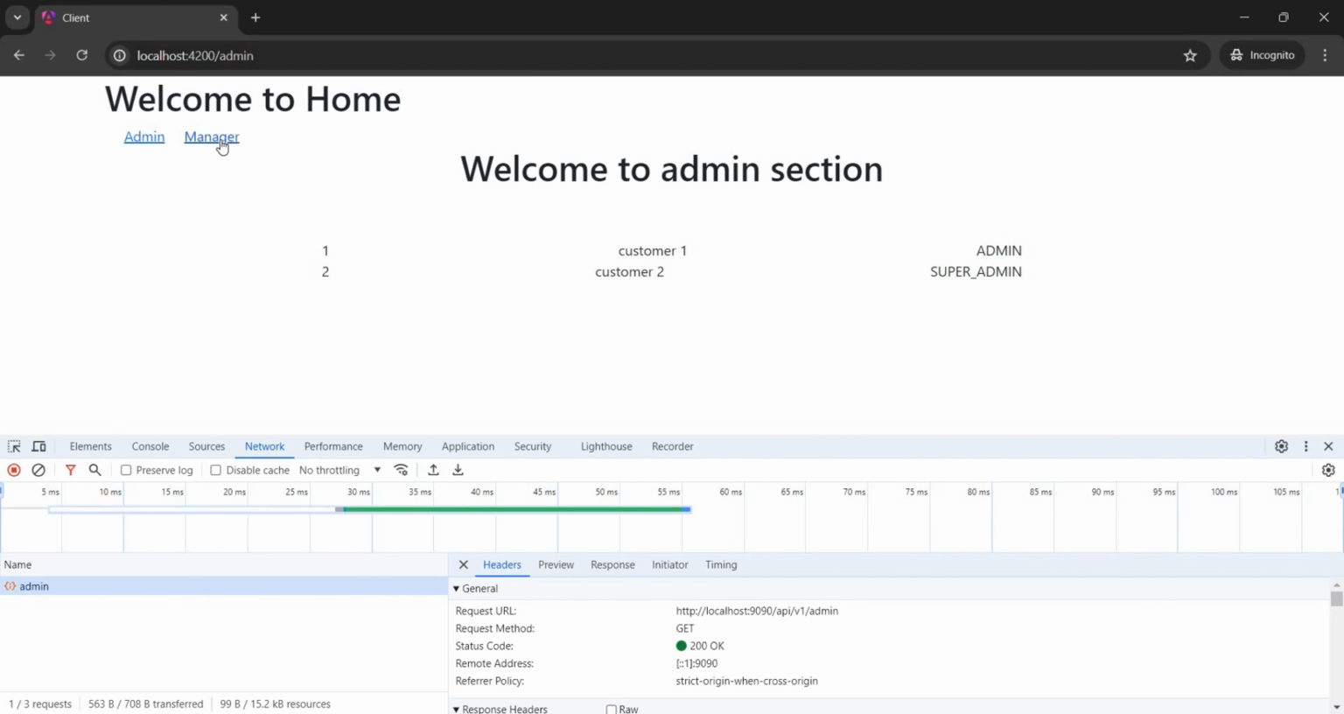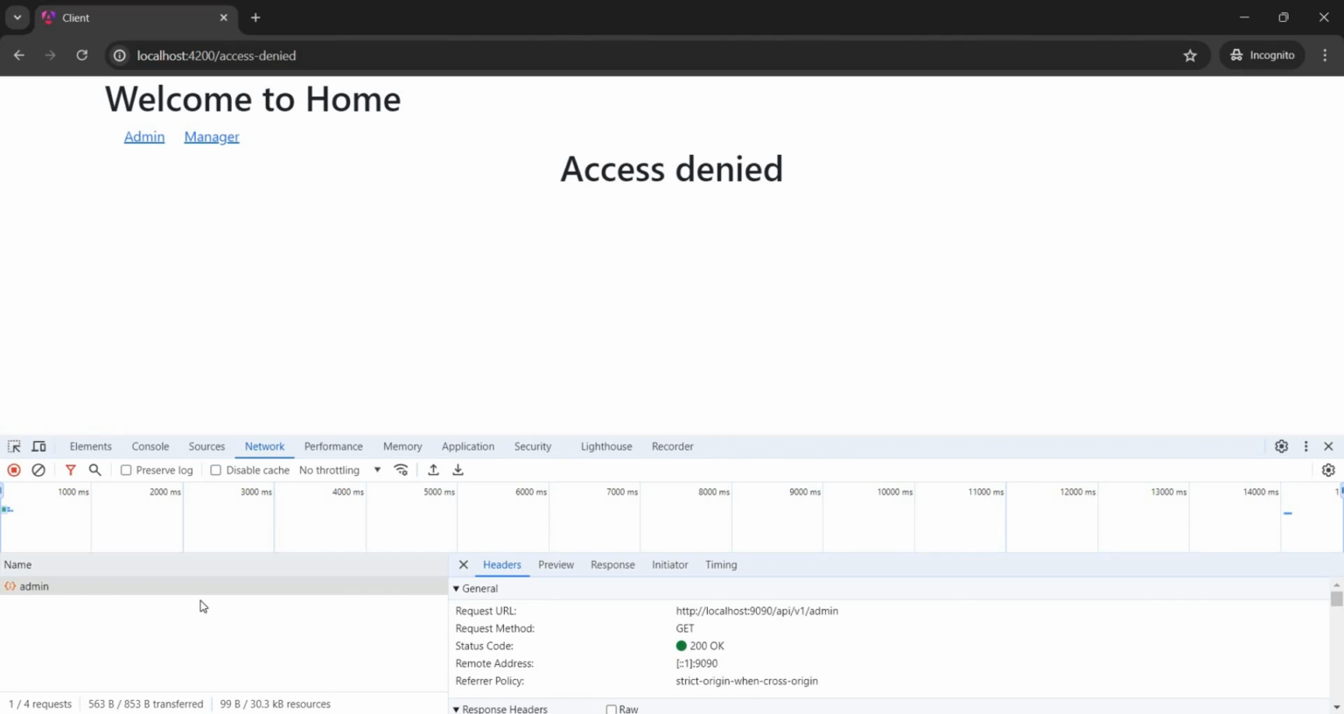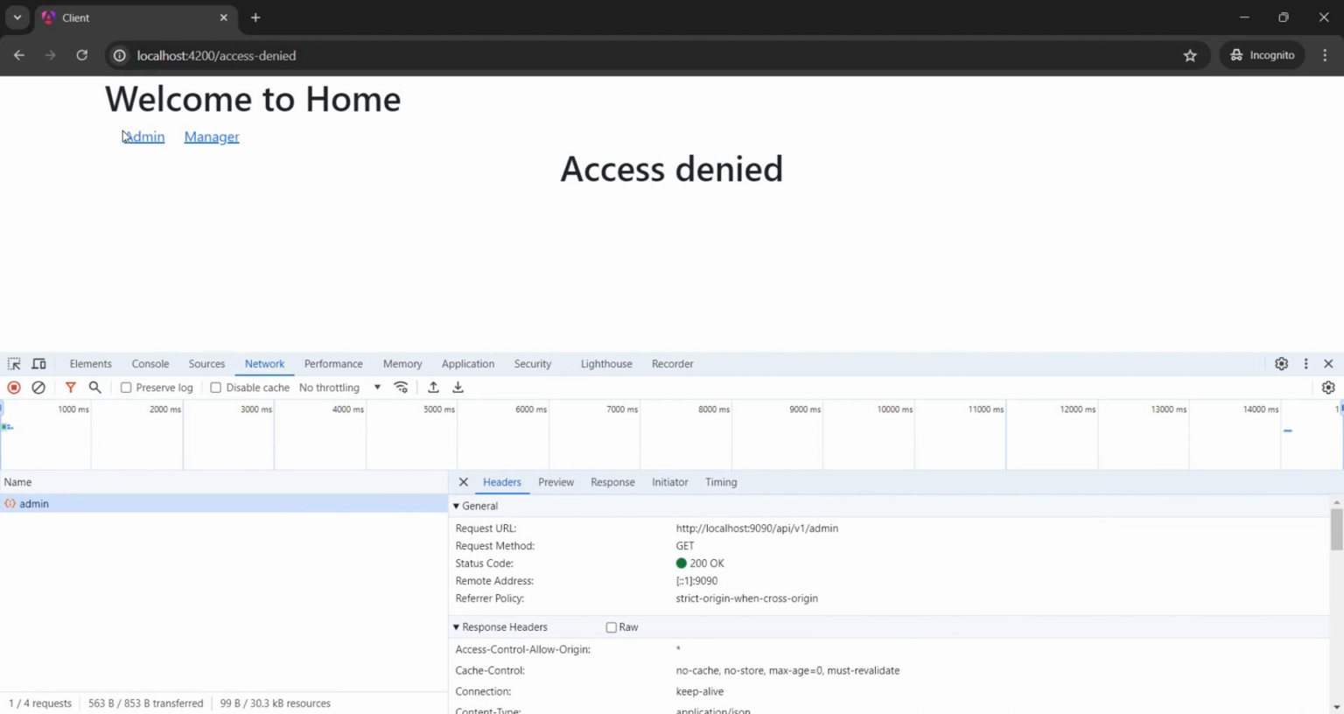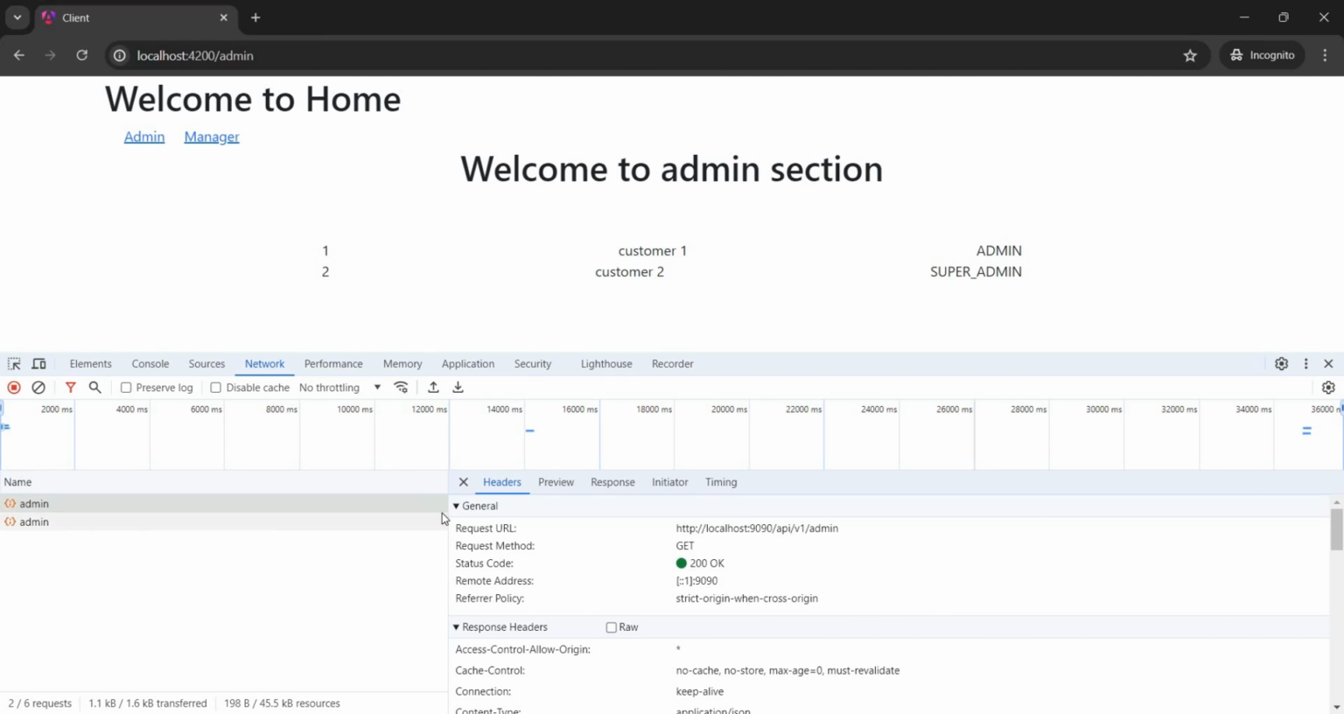So once we click on manager, it is access denied. Okay, because the token doesn't have the manager role, so it is not even reaching the Spring Boot. It is like the auth guard is blocking the request. So let me show you the